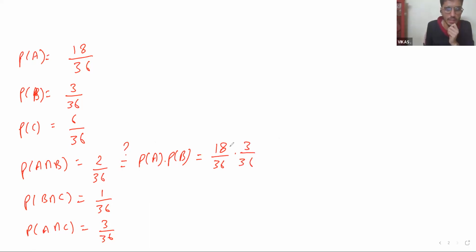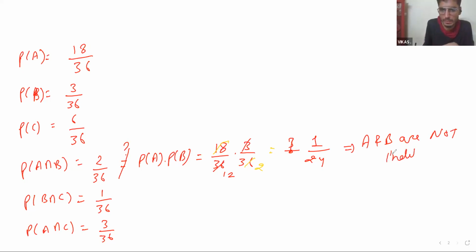So you can see that this is 3 by 72, and we can cancel by 3, so this is 1 by 24. So this is not equal. So from here we conclude that A and B are not independent.